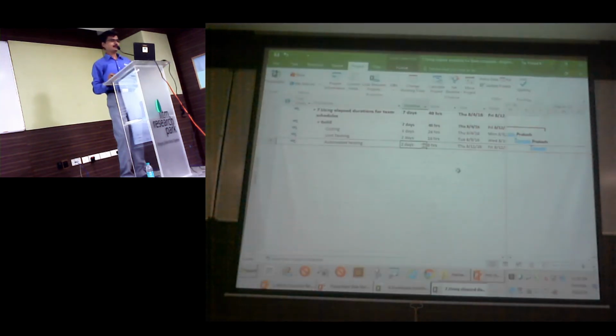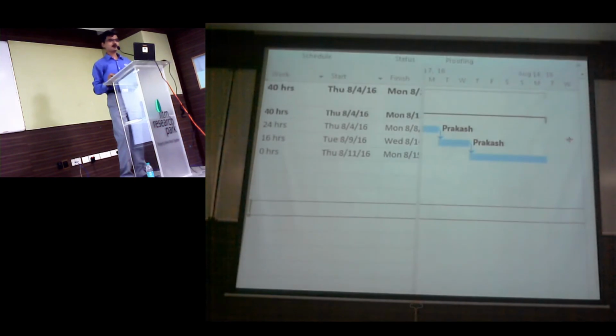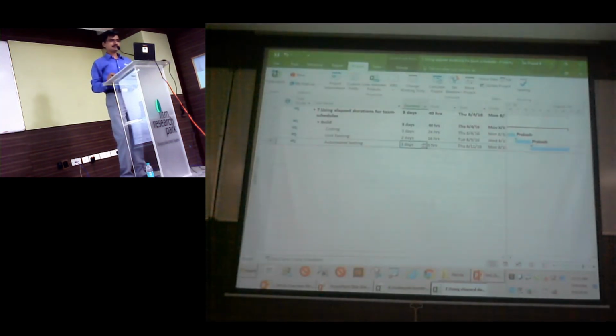Now, if I say automation testing is going to take 3 days, how is it scheduled? Thursday and Friday, and then Monday. You might wonder why Monday, since even Saturday we can do automation. It's a 3-day continuous task. 3 days are required to run the script. So the solution is, rather than 3 days, give 3 elapsed days. Elapsed means calendar days.